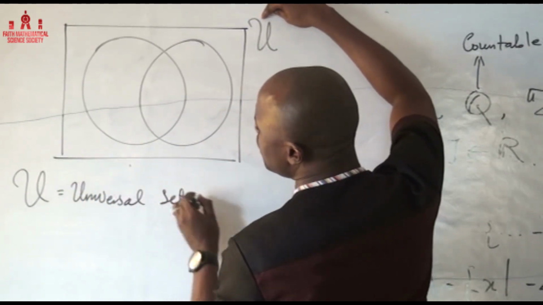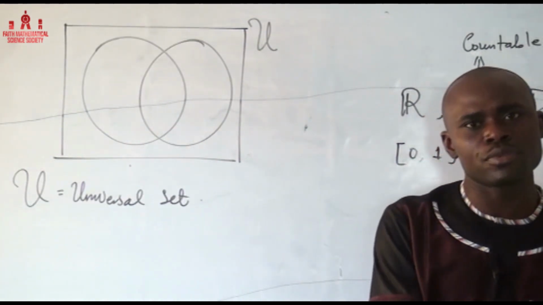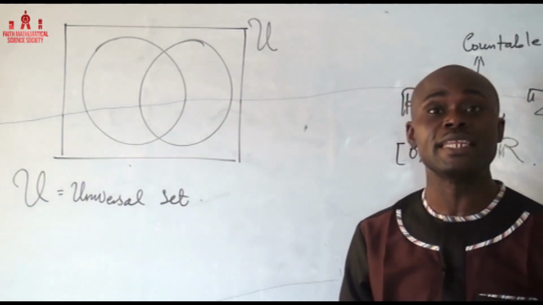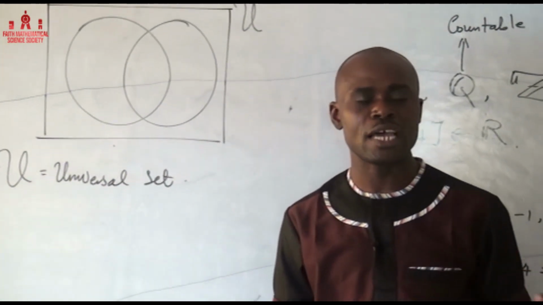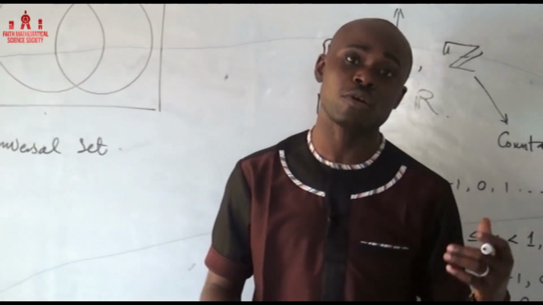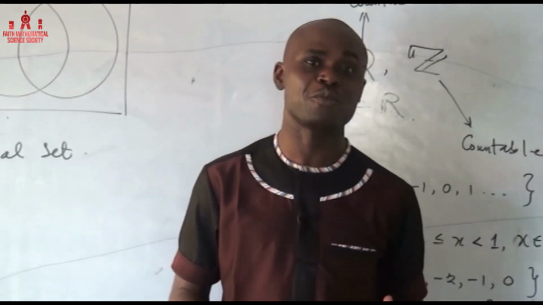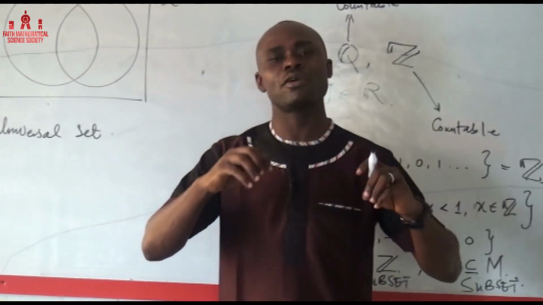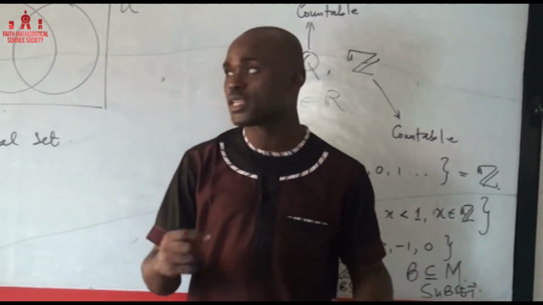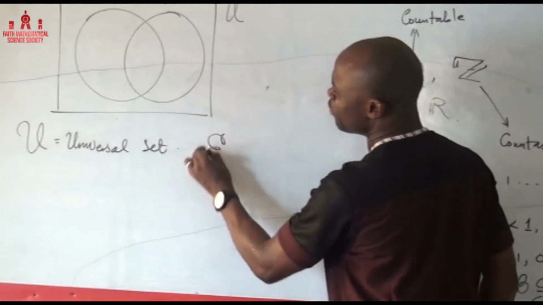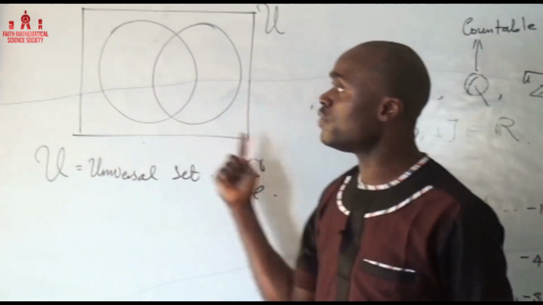The universal set is the collection of every other set in a discourse. For example, if you have a school, every classroom and every office is what we call a subset, while the school is the universal set. I'm just giving you that particular discourse. So every other classroom or office will be a subset, while the school itself becomes the universal set. Some textbooks like to use this symbol, but you can use anything to represent the universal set.